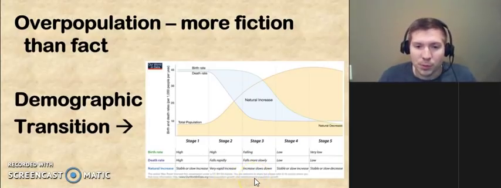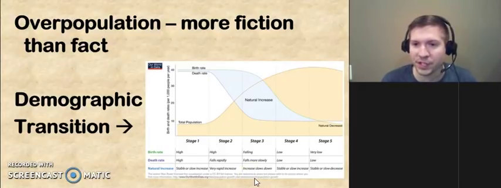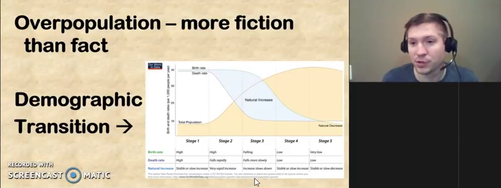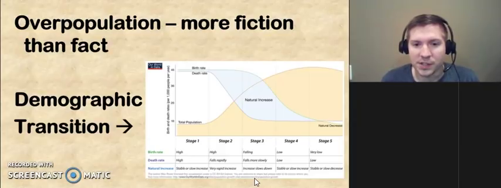However, as we went into stage 3, we kept improving on death rate. That kept going down. However, when people realize that their babies are going to make it to maturity, they tend to stop having as many. And there are other effects that reduce birth rate. Increased education for women, more opportunities for women also caused a decrease in birth rate. And this means the population growth slows down.